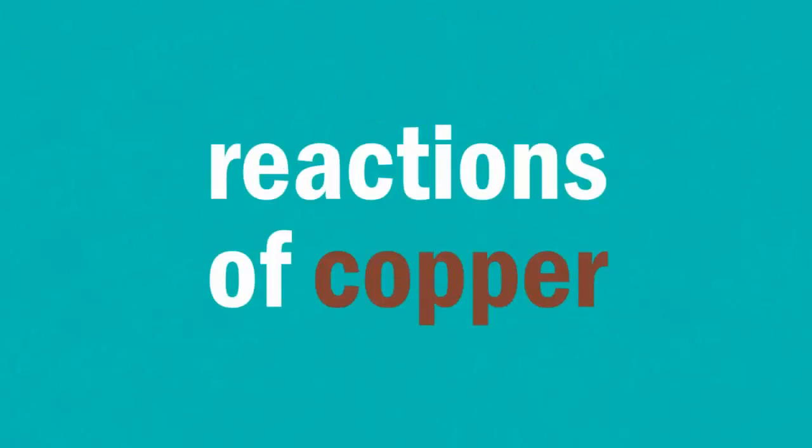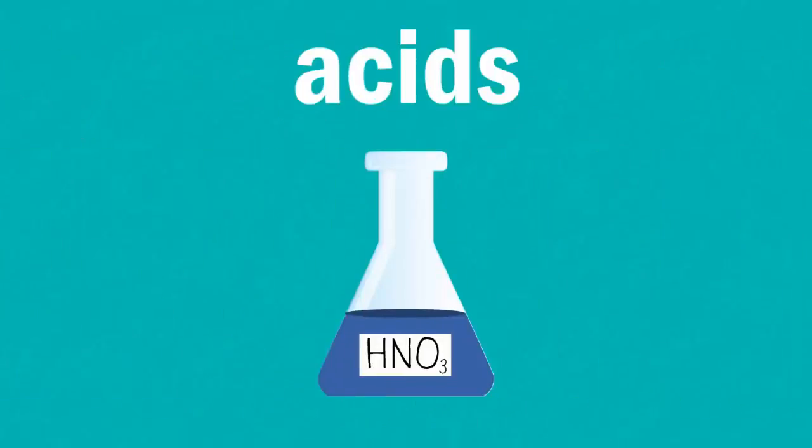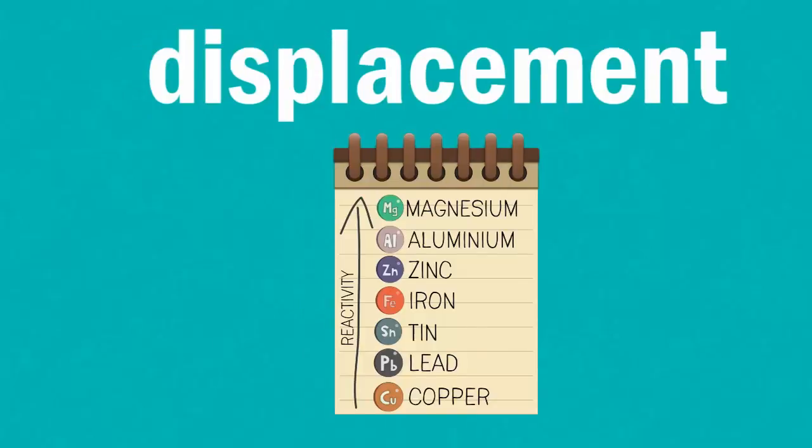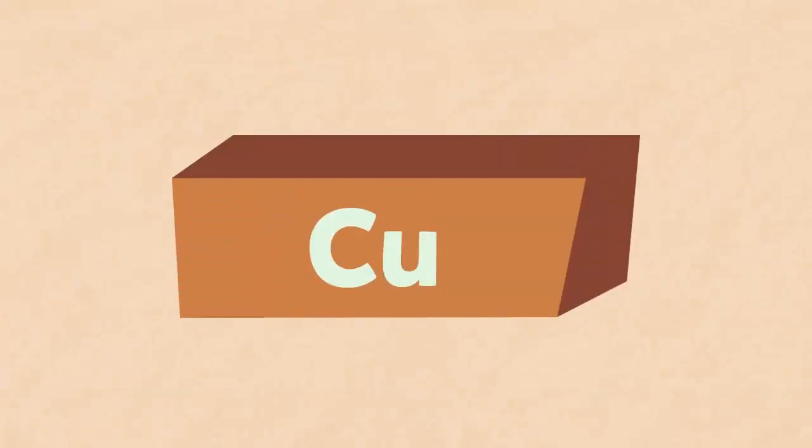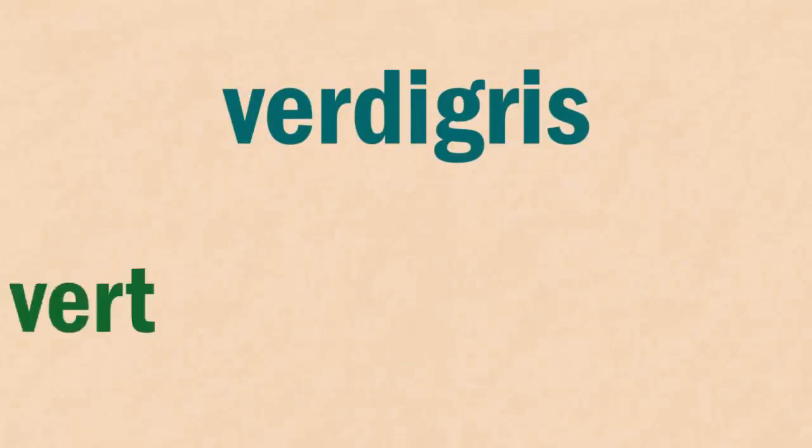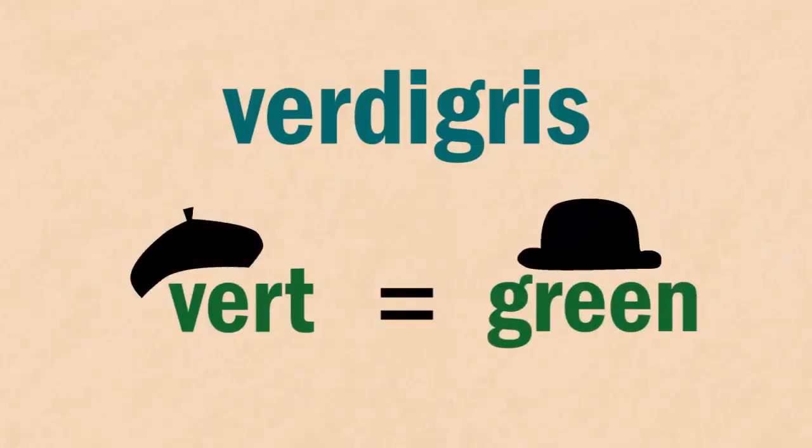In this video, we are going to look at the reactions of copper. These will include reactions with air, water, the halogens, acids, and its displacement reactions. The most common reaction of copper is the formation of verdigris, vert being the French word for green, on buildings